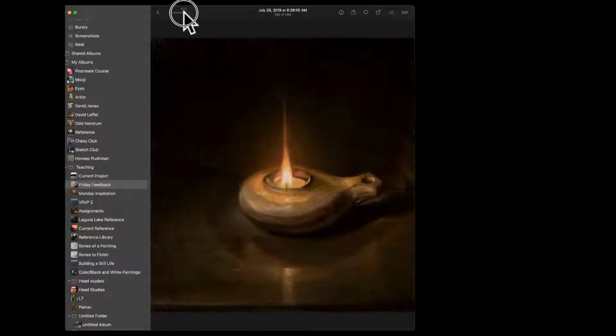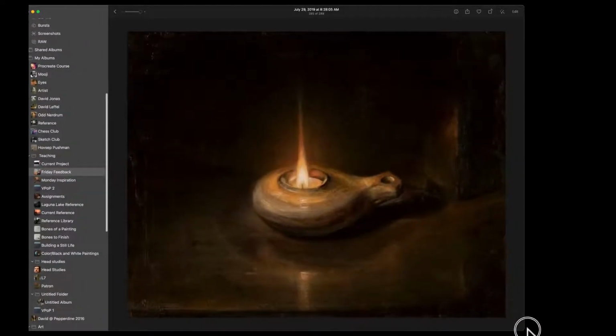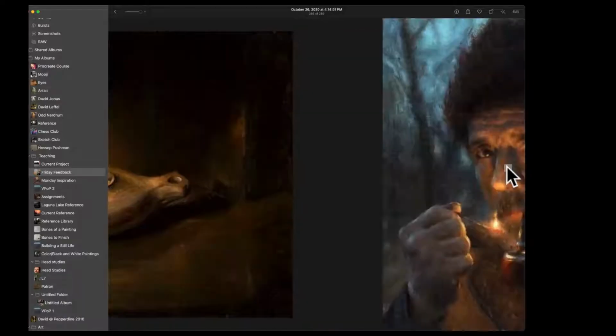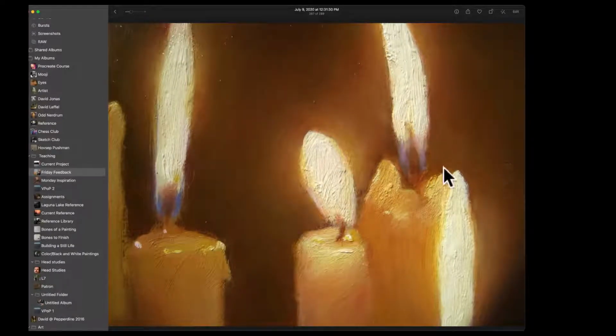A slight glow in the air. Right, a slight glow in the air. A slight glow in the air. A slight